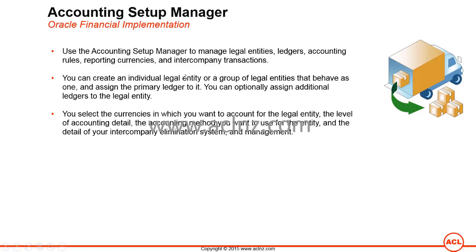So the setup could be, you could have one primary ledger each for New Zealand and Australia, whereas you can define a reporting currencies ledger and assign it to the Australian ledger so that it converts the Australian